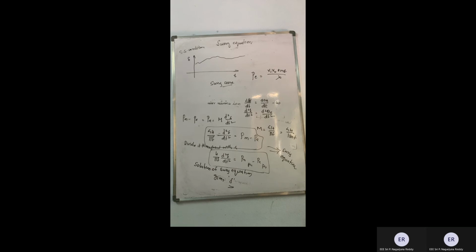And this is regarding a single machine. Now we will be having multi-machine system also. We don't consider that there is only one single machine in the power system. We will be encountering many generators in the system, for example. So in that case, we will be taking the equivalent value of X here. We will be taking the equivalent value of Pe. We will be taking the equivalent value of Pm. That equivalent value refers to the equivalent of two machines.